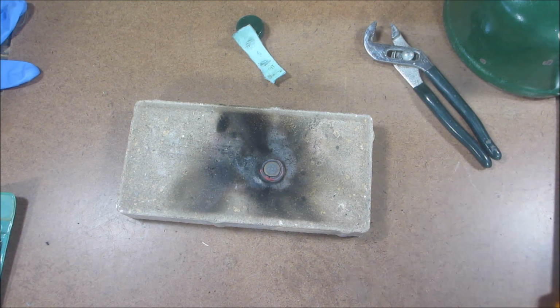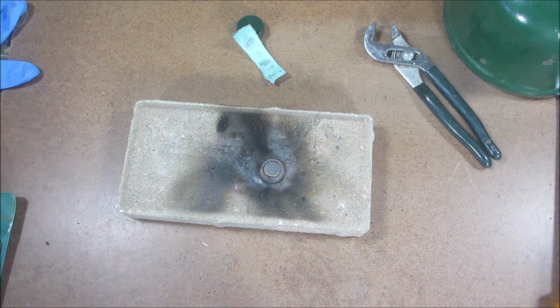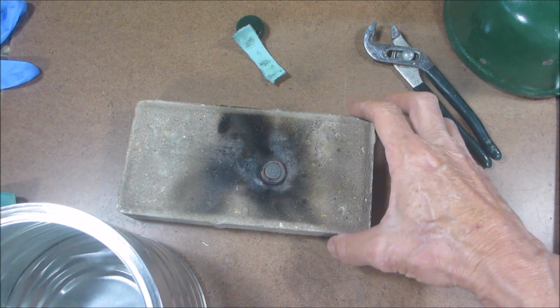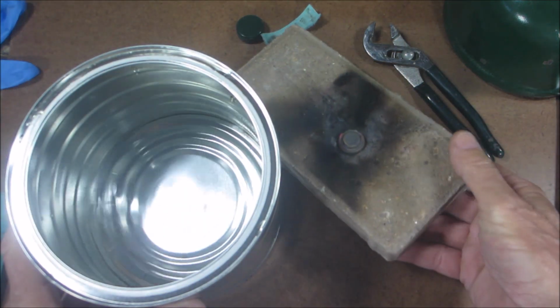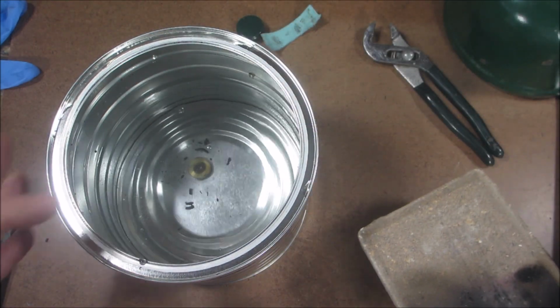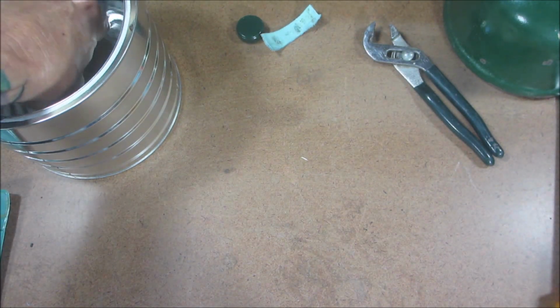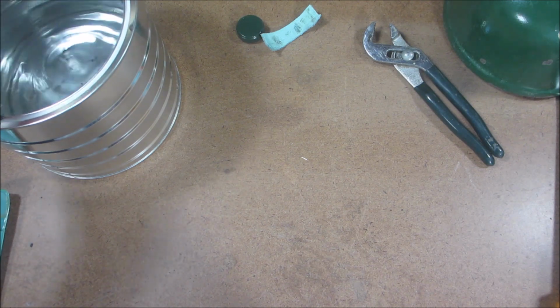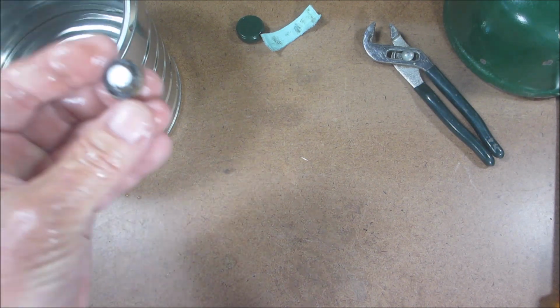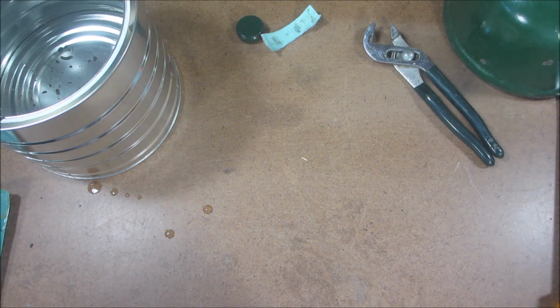Alright, so now you saw that glowing. Basically, we disintegrated it. So we get our water here, and we just dump it in. Now we can get it out. A lot of it has already been removed. Let me get a...